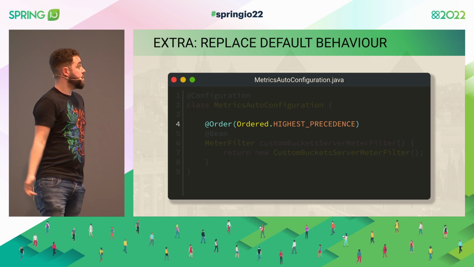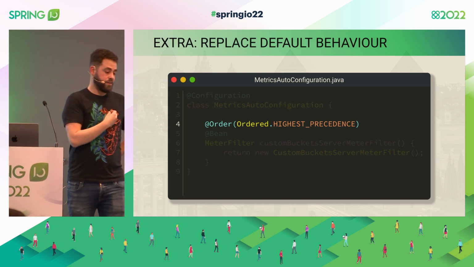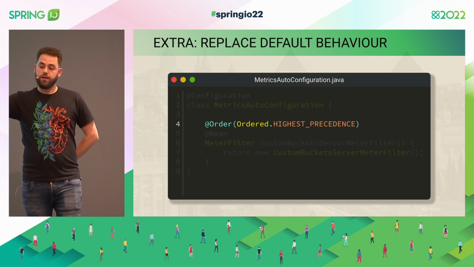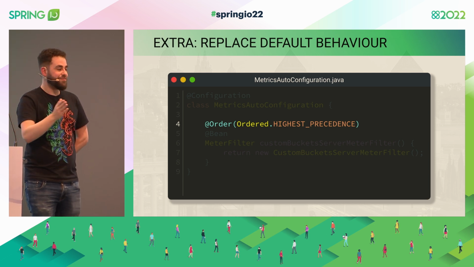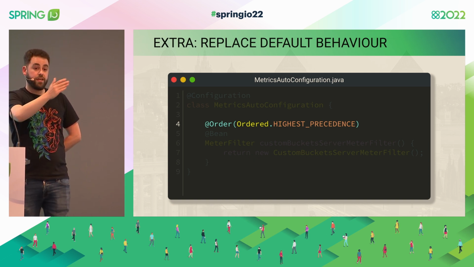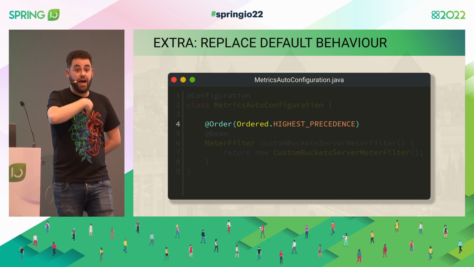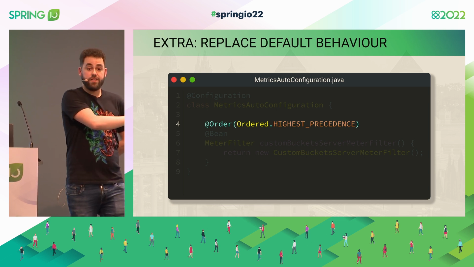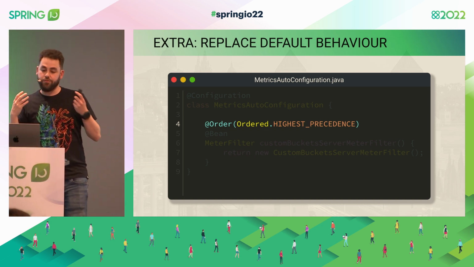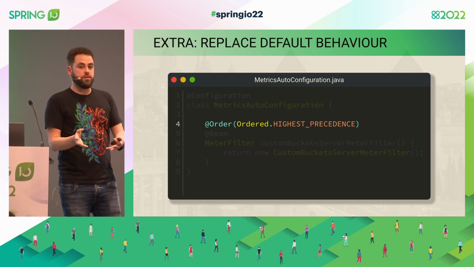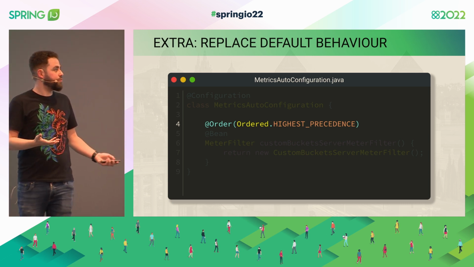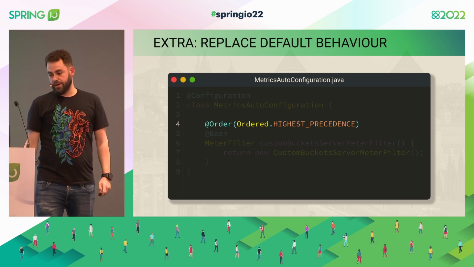Instead, what we can do is just play with the orders. What am I doing? In this case, I'm configuring the metric when it's created to add a specific set of values on a histogram. I'm going to do it first in the chain. If the application has another opinion, just go after me. Don't take the highest precedence. Take any other precedence. You will be asked after me, and you can simply undo what I did, or do something completely custom. So again, we just have to play with orders. What we provide should be just opinions, not mandatory things. There might be some things that are mandatory because otherwise things would not work, but in general, we try to stick to this principle.